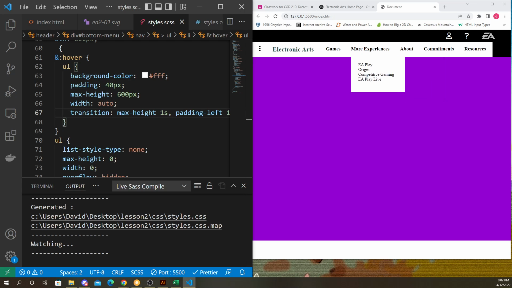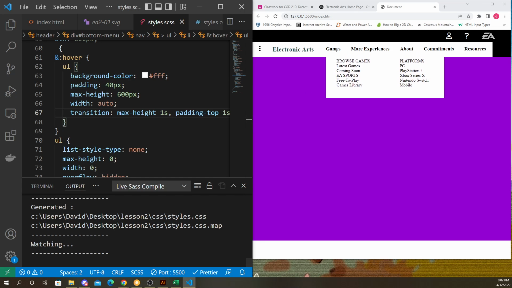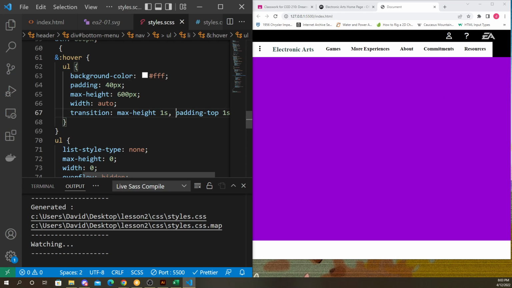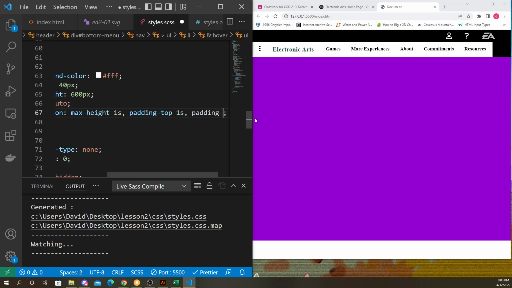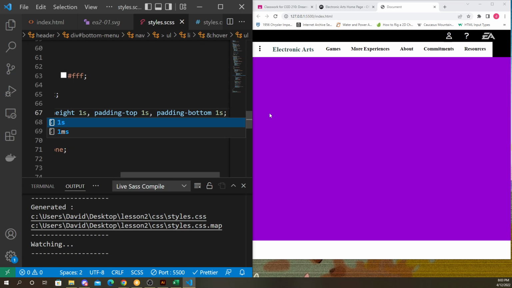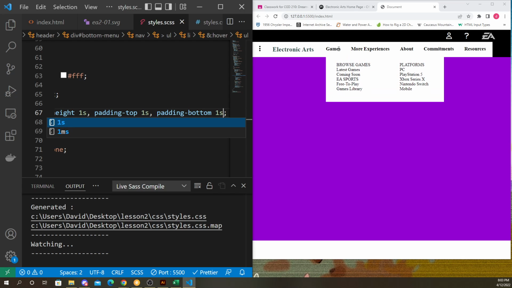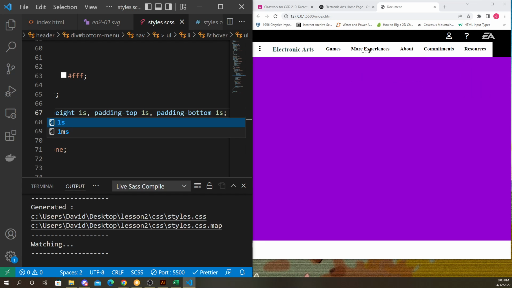Yeah, that works. So instead of padding left, I want to just do padding top and bottom. So padding top. Now let's do padding bottom. Padding bottom, 1 second. There we go. So now it's working much more smoothly because it's not transitioning the width, and it's not transitioning the left and right padding, just the top and bottom padding and the height,